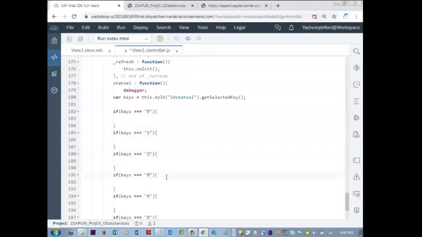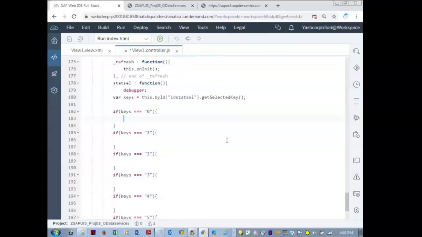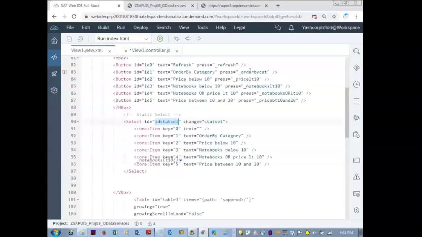Though it is a number, I am writing it in double quotes, because getSelectedKey returns the string type, as you just saw. If key is equal to 0, this dot underscore refresh. If key is equal to 1, this dot, we have to search for the function, order by category.